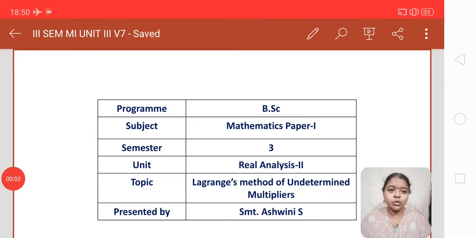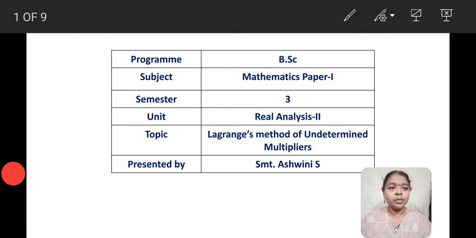Hello my dear students, let's study Lagrange's method of undetermined multipliers, which would be a very important question in your